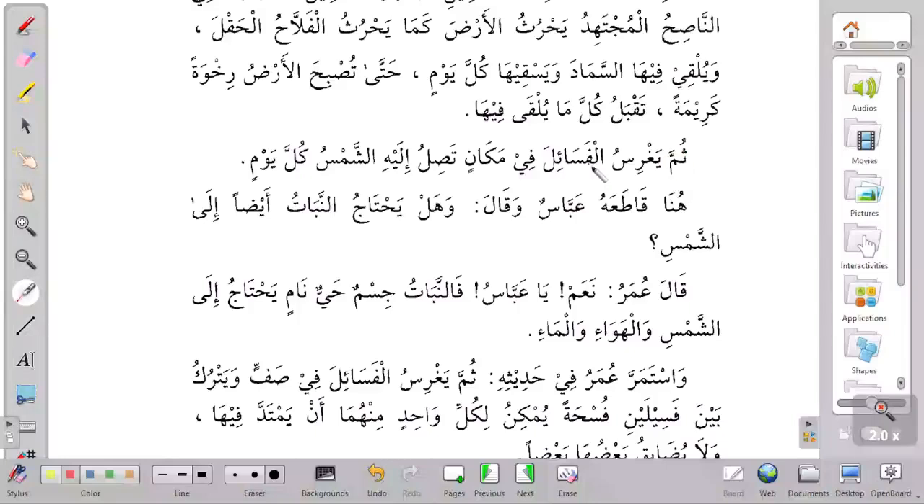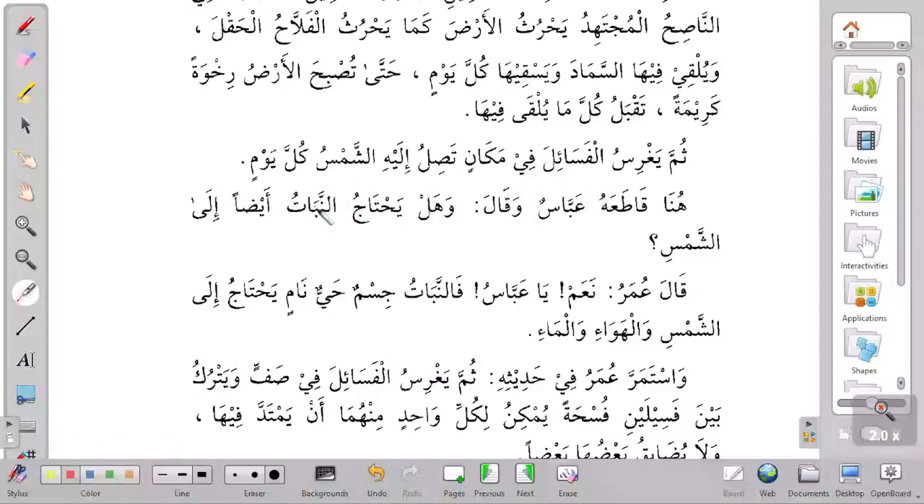ثم يغرس الفسائل في مكان تصل إليه الشمس كل يوم. Then he implants the fasail, the sprouts, في مكان تصل إليه الشمس, in a place that the sun reaches every day. هنا قاطعه عباس وقال, there Abbas interrupted him. قاطعه means he cut him off. He's still speaking, but Abbas just entered into the speech like that. And then he said,